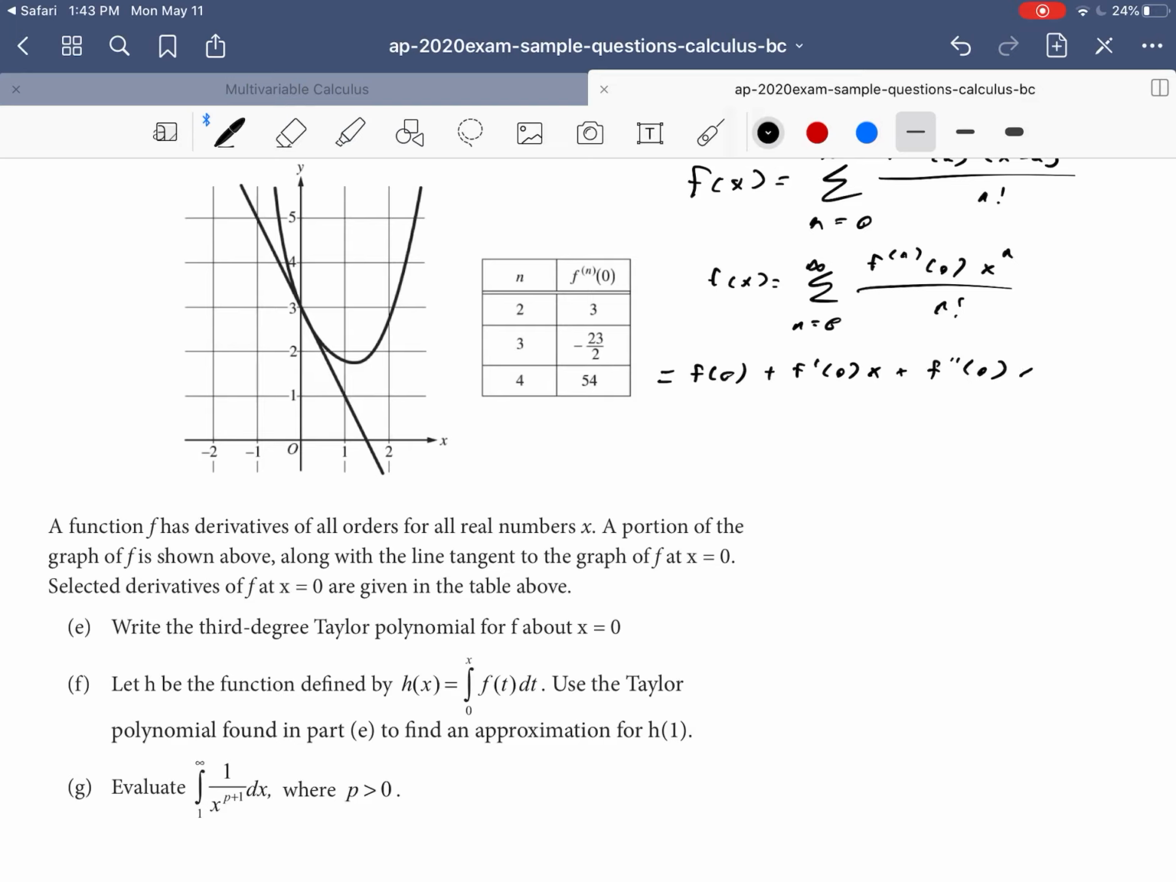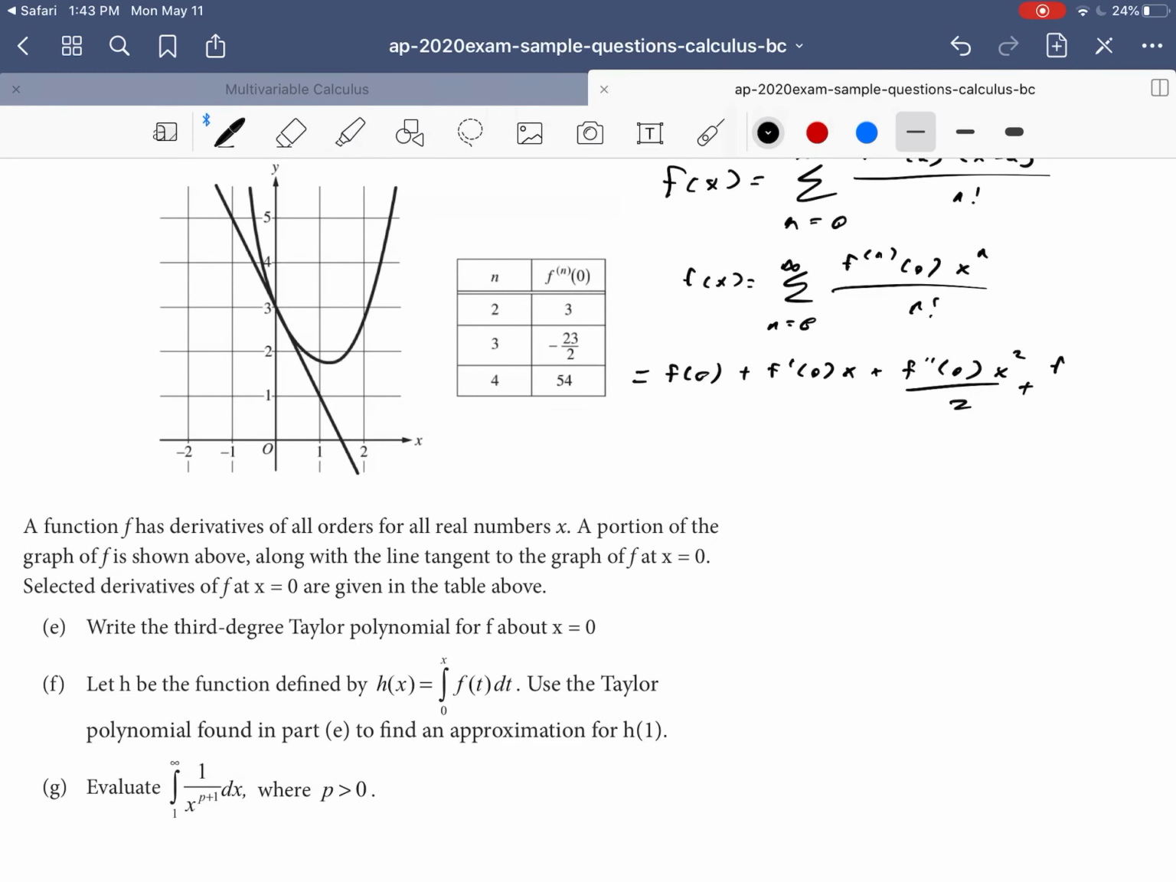So we just have f prime of 0 times x plus, we're then going to get an f double prime of 0 times x squared over 2 factorial, or just 2, plus our last term is going to be given by f triple prime of 0 times x cubed over 3 factorial, which is 6. And now it just comes to plugging things in. So what is f of 0? Looking at the graph here, f of 0 looks to be at 3